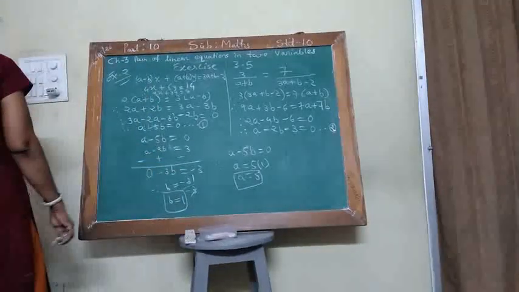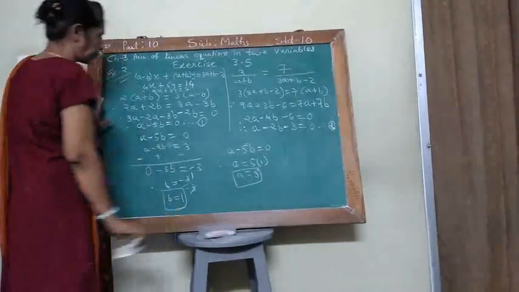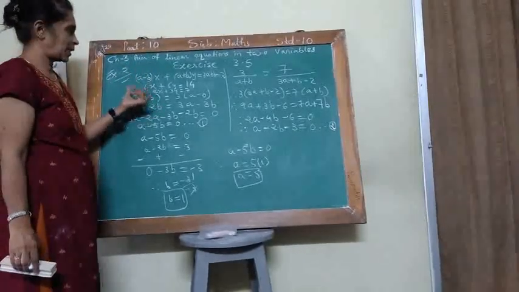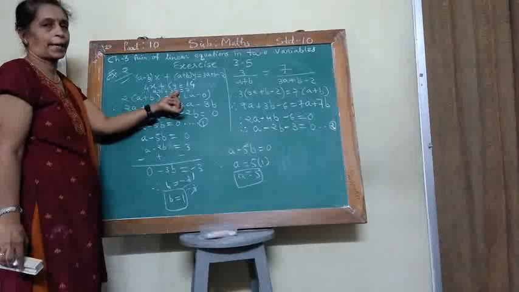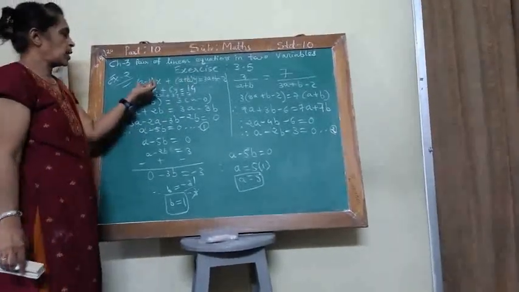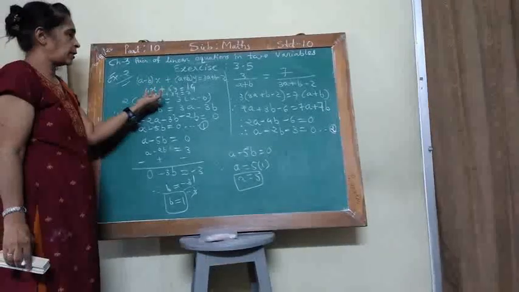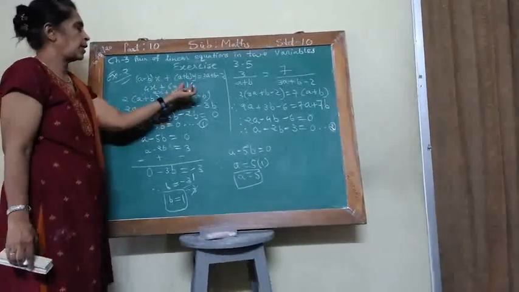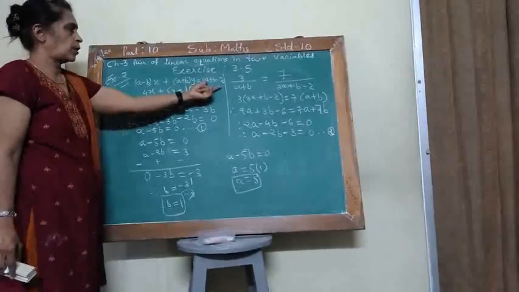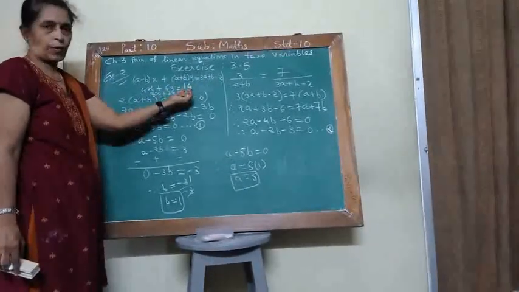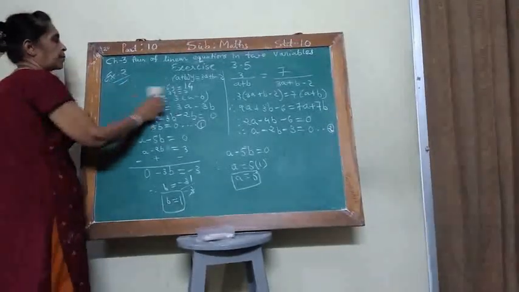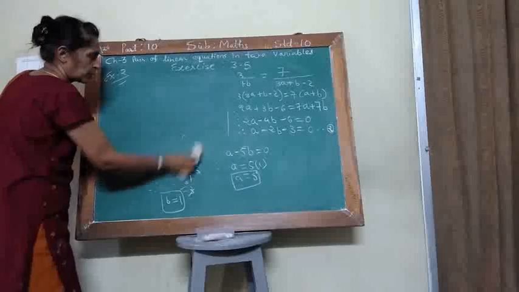Okay, and this way I have obtained the solution. Suppose this value, yes, but x and y we have not found, so we can't put that value in first equation and second equation. We have only found value of a and b. That means if you put here, then you find the coefficient of x, y, and xy, and constant term is also we can find. So this way I have solved first one of example 2. Okay.